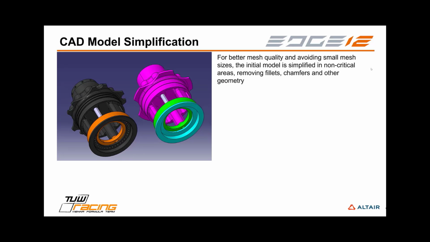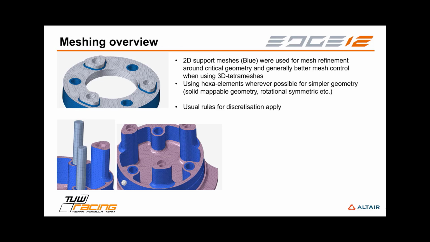Before we can start meshing our geometry, we first of all have to simplify our CAD model and remove any geometries that are not necessary for the simulation and are not in critical areas. So we remove unnecessary bars, chamfers, or fillets that might interfere with meshing the geometry later. Regarding meshing itself,